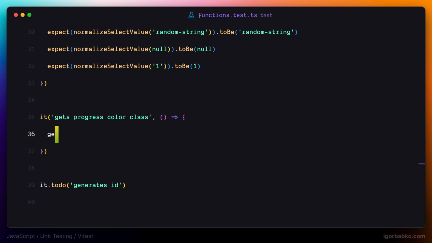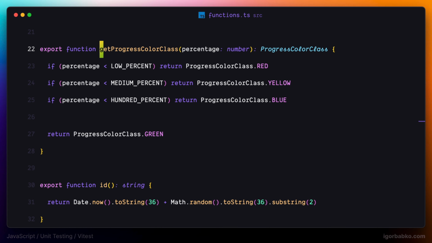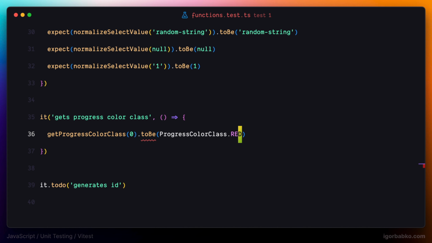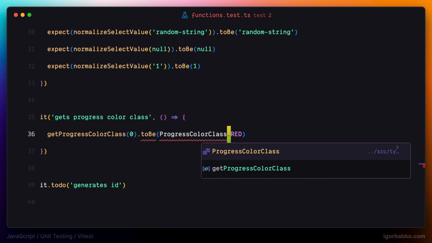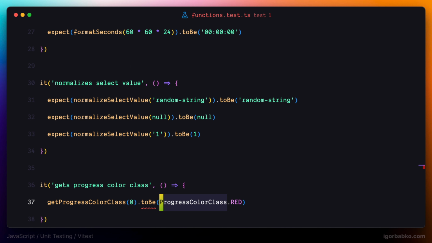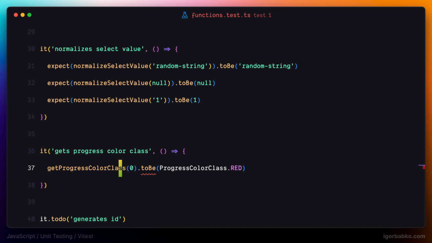First of all, I'm going to call this function passing 0. In this case, the first conditional block will be executed, and we're going to get the class which corresponds to the red element of this enumeration. So let's just compare the return value with this element. We also have to import the ProgressColorClass enumeration into this file, and then I'm going to use the function expect to compare these